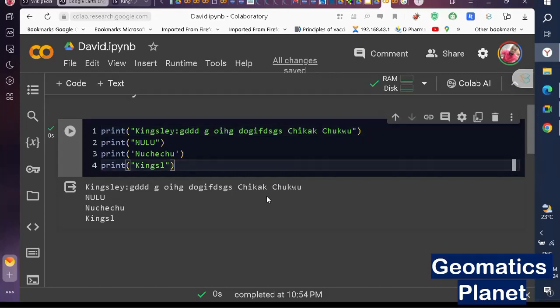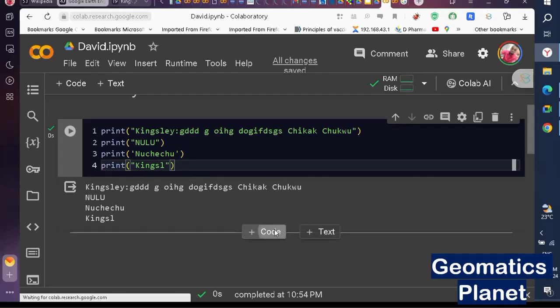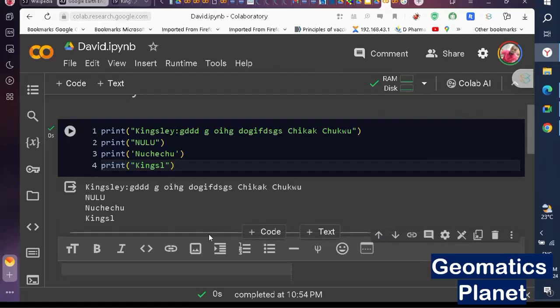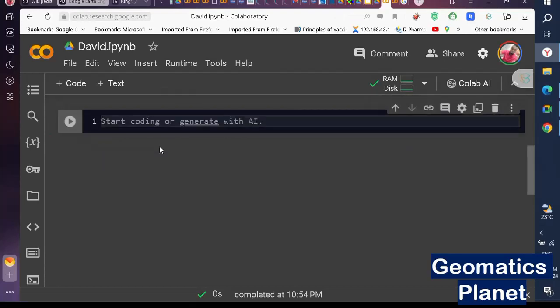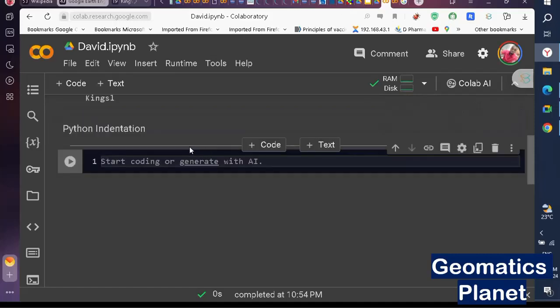I think there is no question, so we are going to proceed. So the next thing we should be talking about now is Python indentation. That is indentation. It is simply the space before any code. So Python indentation simply refers to the space at the beginning of the code. And one of the practical examples I am just going to use is if we say, let's say, if